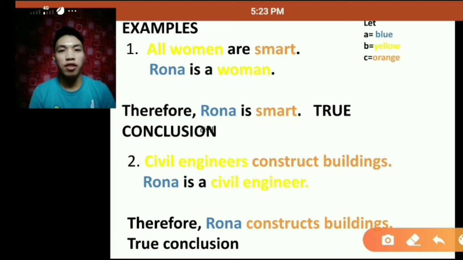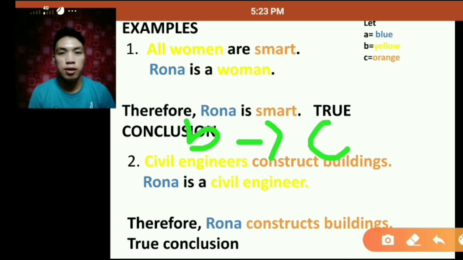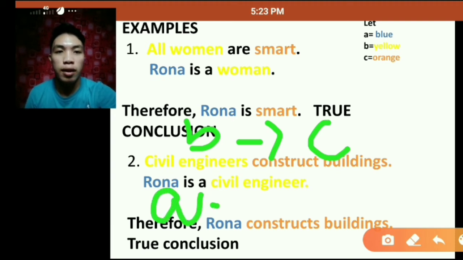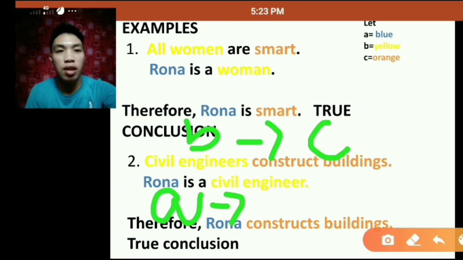Let's say this is letter B, which implies letter C, construct buildings, which is orange. Since the word Rona is different from the other two in the first sentence, it can be substituted by the remaining letter, which is letter A, and that implies, since they are just equal,